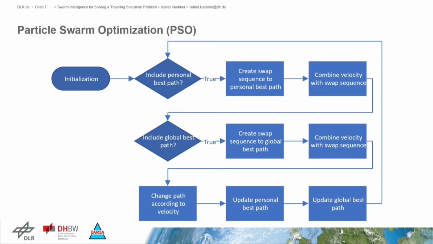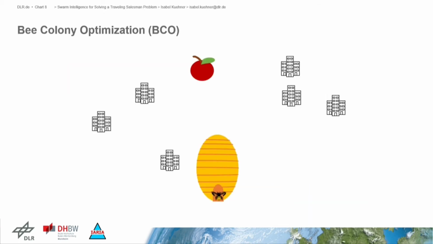The last algorithm I want to introduce is the bee colony optimization, short BCO. It comes from the food searching process of bees. Bees fan out of their hive to search for food. So they construct a path of the traveling salesman problem. And then they return to the hive